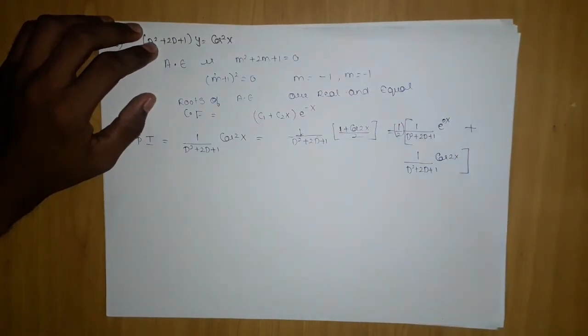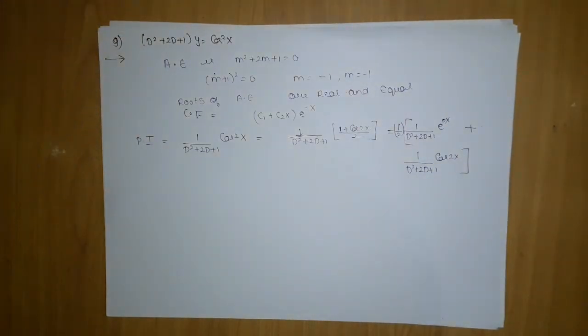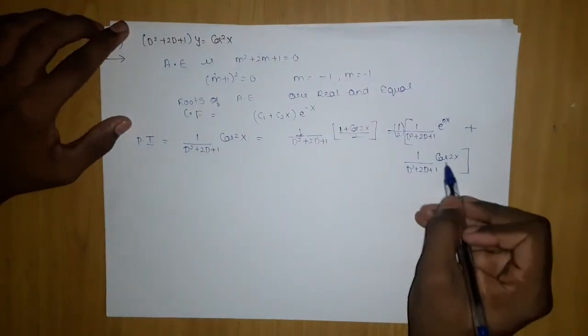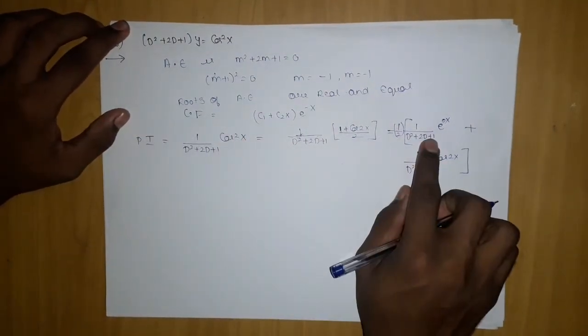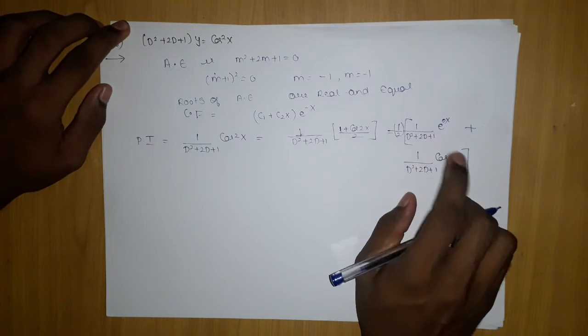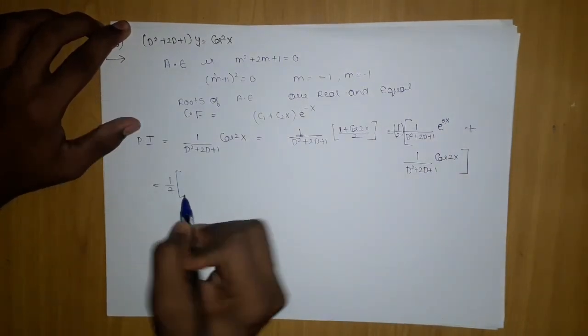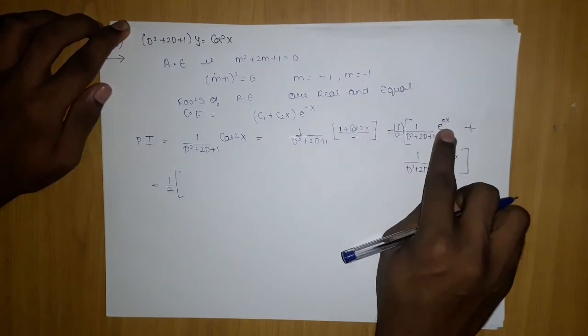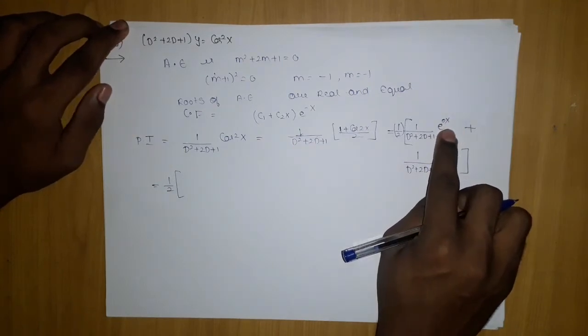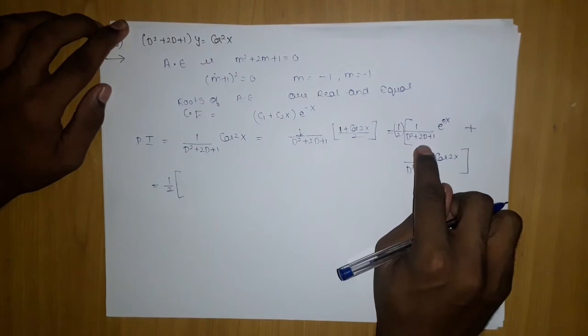After writing this, you are going to solve this one using type 3 and this using type 2, which we have discussed earlier. So our intention will be to solve this. In type 2, what we discussed is to substitute the value of a in e to the power ax. If it comes out to be 0, then we differentiate and multiply the numerator by x. Otherwise we will directly substitute it.